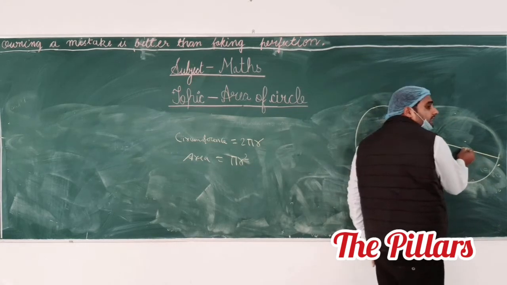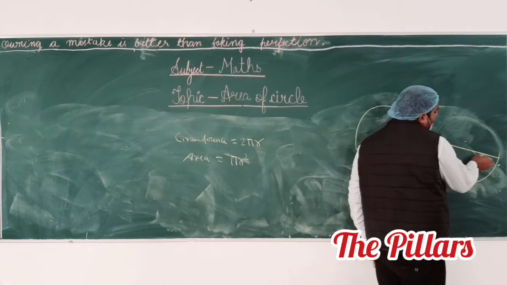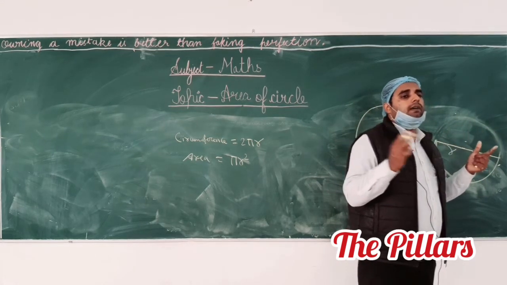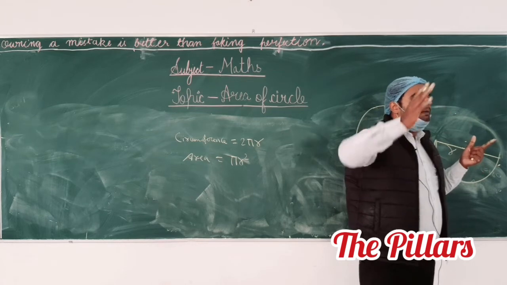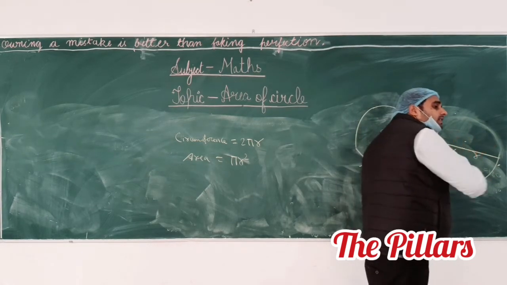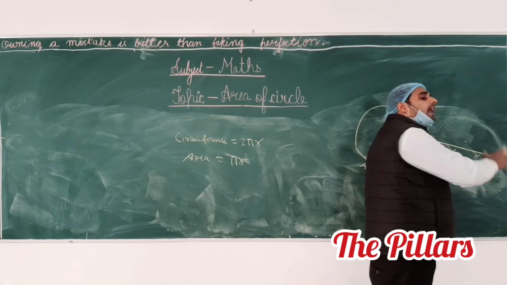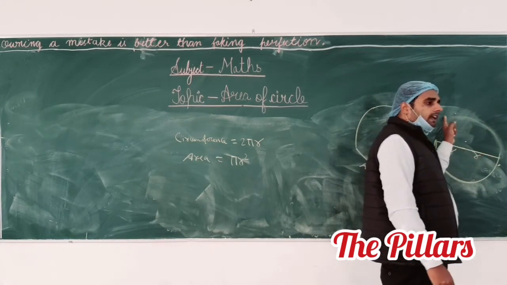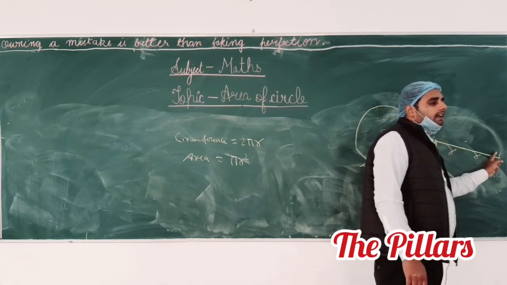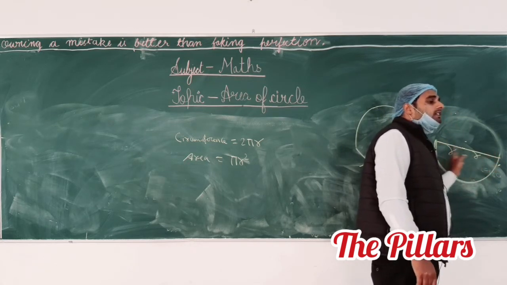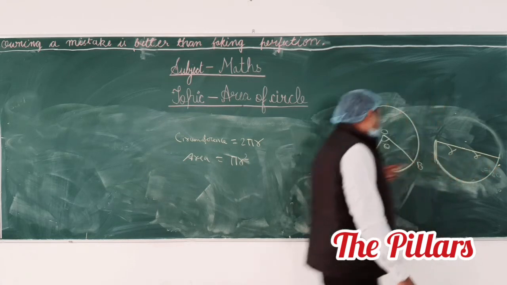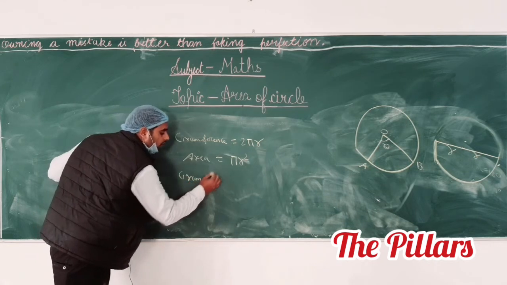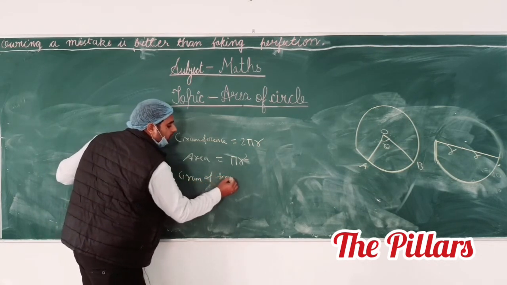This is the center, because the center is fixed. This is the semicircle. This distance is r. This distance is r. Know that for perimeter you take the sum of the sides, and in circumference the sum of the arc. The length of the arc is said to be the circumference. So you know that the total is 2 pi r. This half length is pi r, but the increased length is r plus r. The circumference of the semicircle equals what?